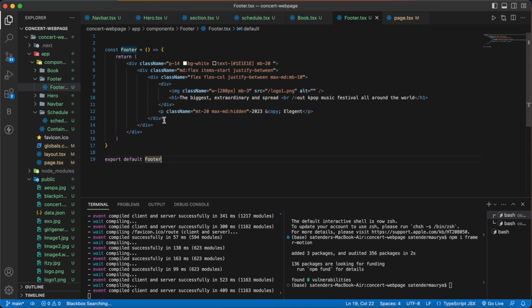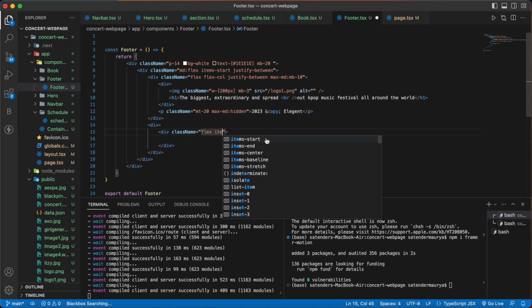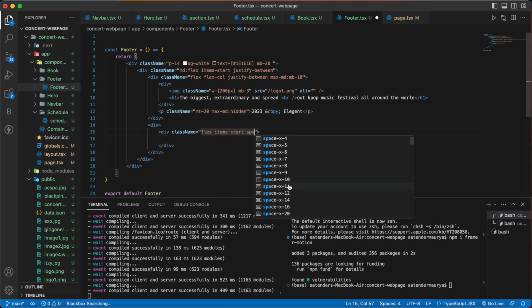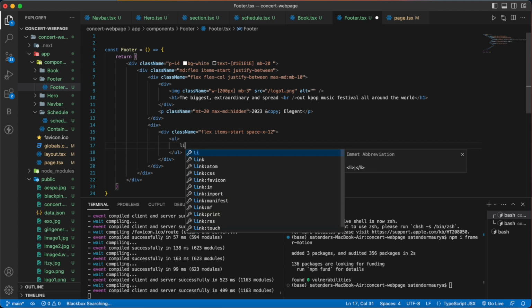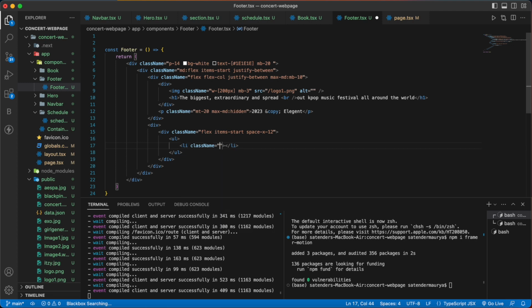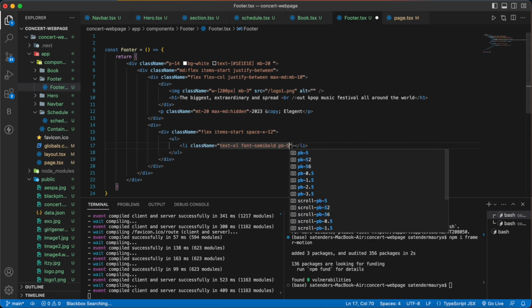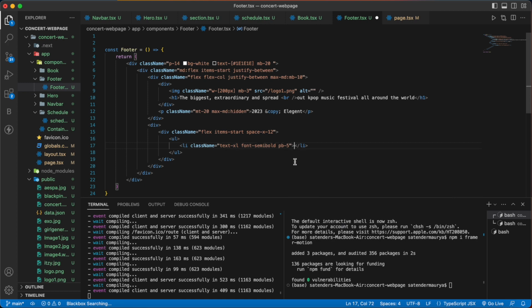And then outside this div we'll have one more div in which we'll have one more div with a class name of flex items-start, space-x-12, and then after that we'll have another list in which we'll have our list, and first we'll have a class name of text-xl, then font-semibold and pb-5, and then it will have menu, and the next line will have home